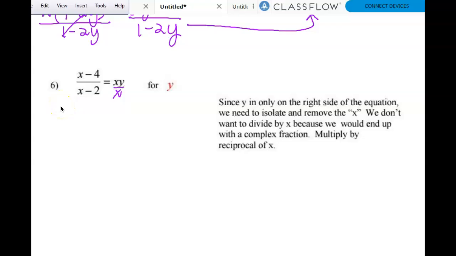Yesterday, when we were dividing by 4, what was that the same as? Does anybody remember? It was the same as multiplying by 1/4. So if I'm dividing by x, that would be the same as 1 over x, right? And if we write it that way, it's not a complex fraction. So I'm going to divide by x, but I'm going to write it as times 1 over x. And when I write it like that,